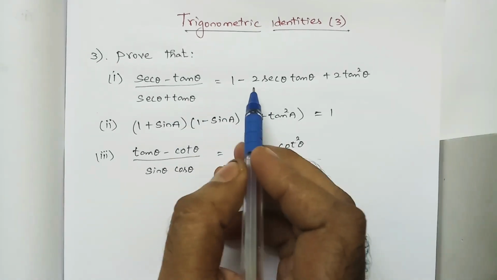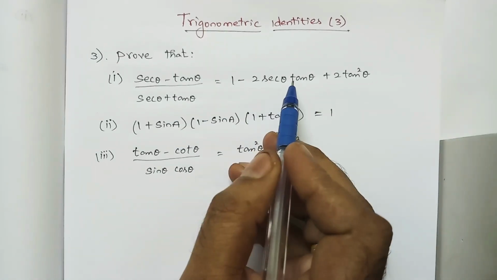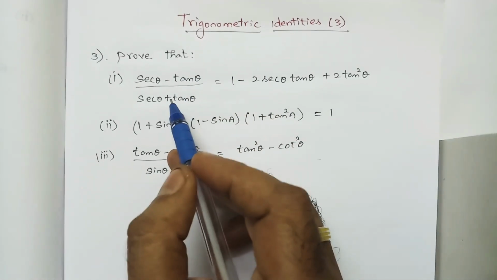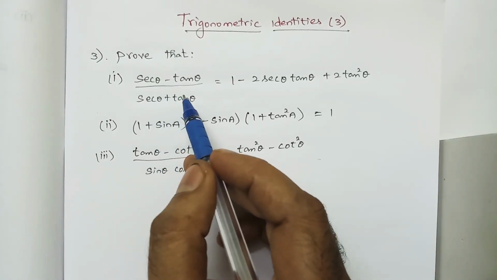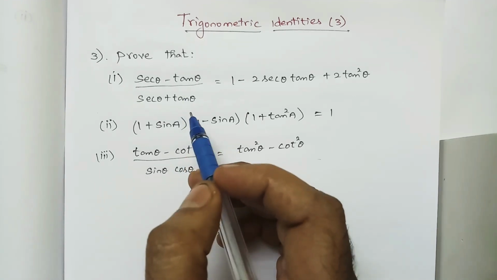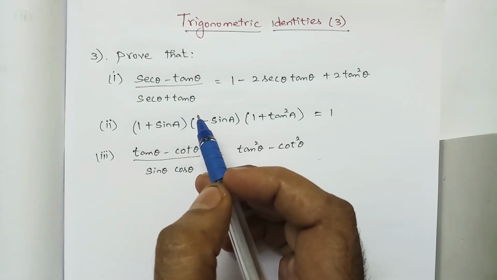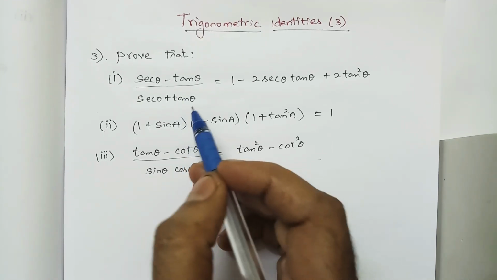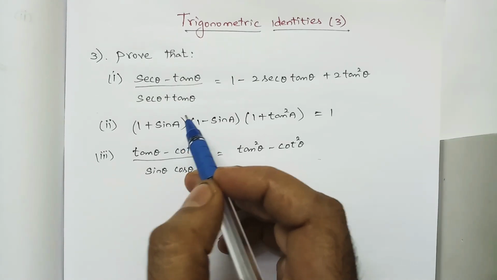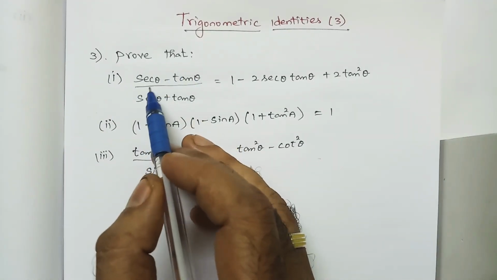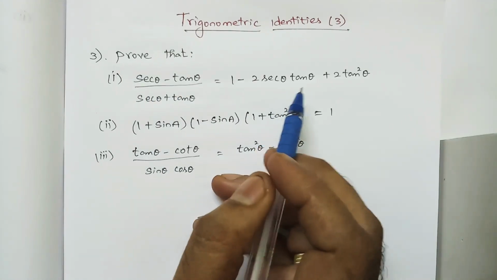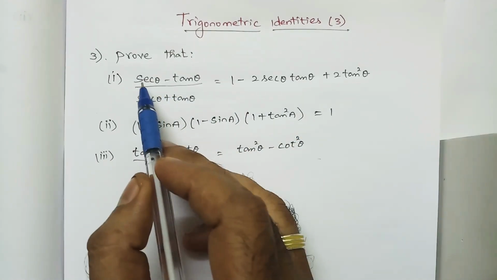In the RHS we have three terms, and we have to bring the LHS. But the LHS is a single term in the form of a fraction. If it were not in the form of a fraction, it would be very easy to bring. So it is better to take the LHS and bring the RHS. It is possible, see how.